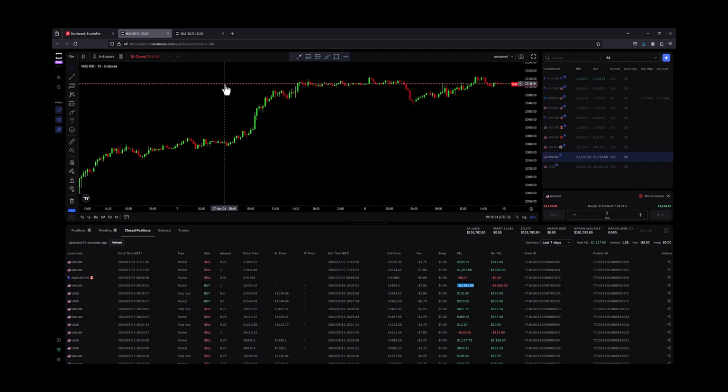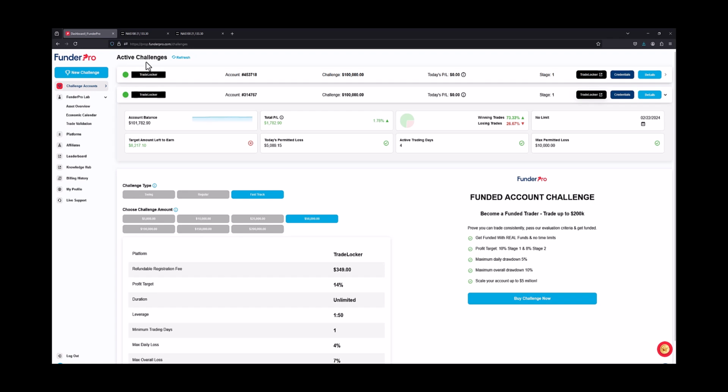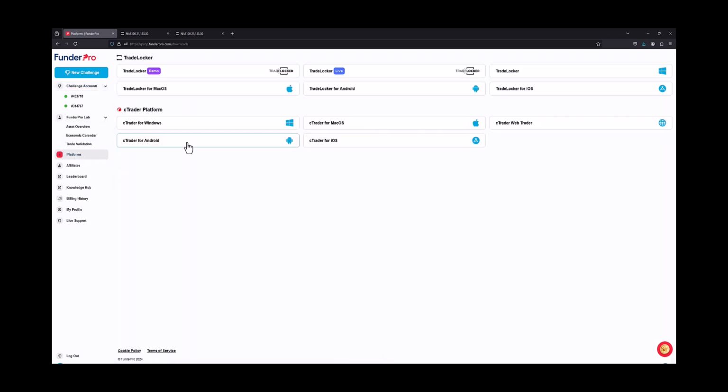So, nonetheless, going back to the FunderPro dashboard, right? Obviously, we have our challenge accounts, and then we have trade validation and platforms, right? So you can go to platforms. Trade Locker, to me, is the absolute best platform there is in this world. I've used all trading platforms out there, everything from options trading to penny stocks trading to futures trading. Trade Locker is without a doubt the